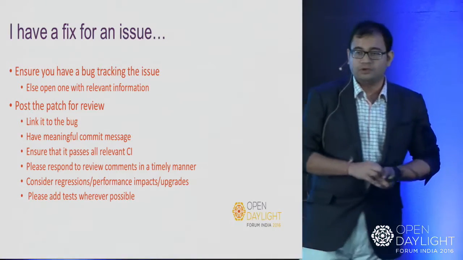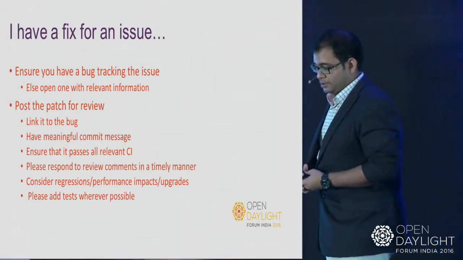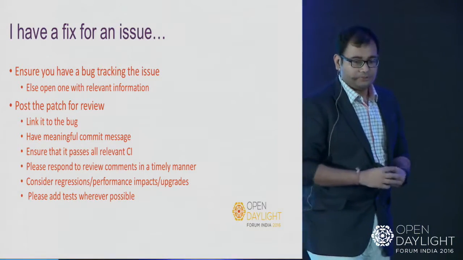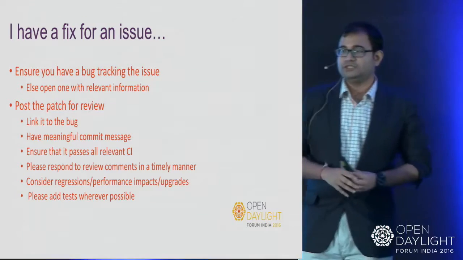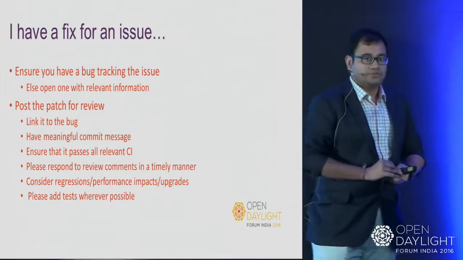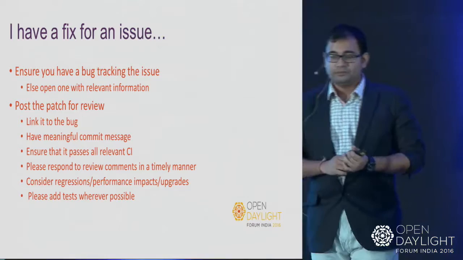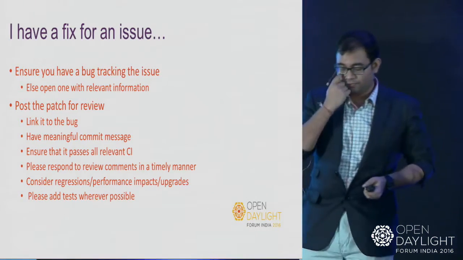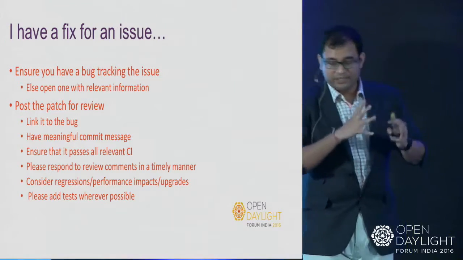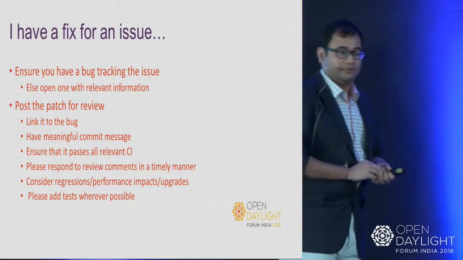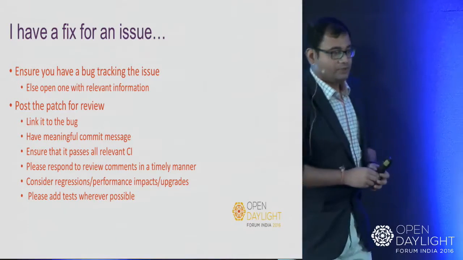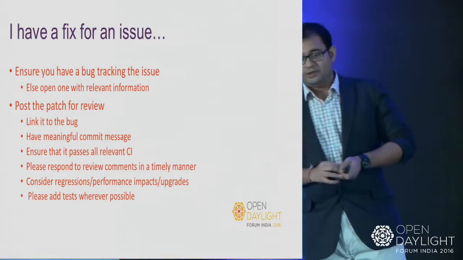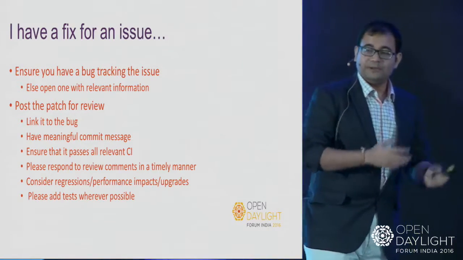So now I have poked the reviewers and they have given comments, but in a corporate setup, it mostly happens that, okay, I have fixed an issue, I have upstreamed it, I've followed all the hygiene in upstreaming the code, but then somebody comes in and says something. Again, I'll take the example of Anil here. I use Hungarian notation for variable names, and he doesn't quite like it. So every time I mention a variable name, he would come and say, please change the variable name. And the patch has been lying there for around 2 months because, yeah, the thing is fixed for me and I have moved on, but the patch still remains.